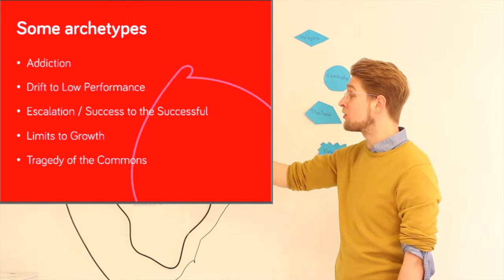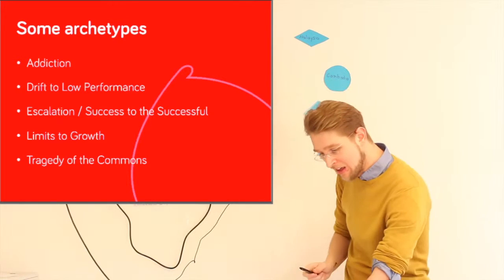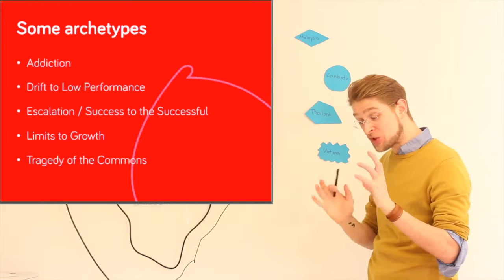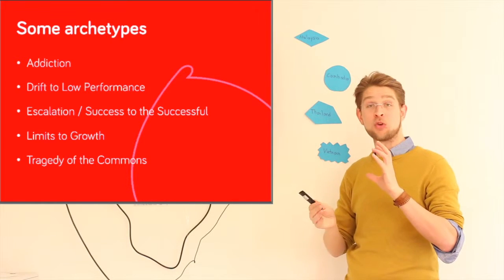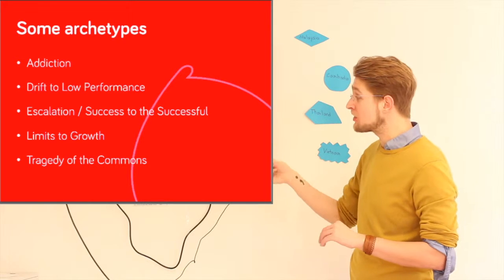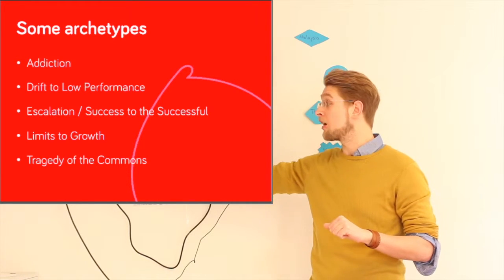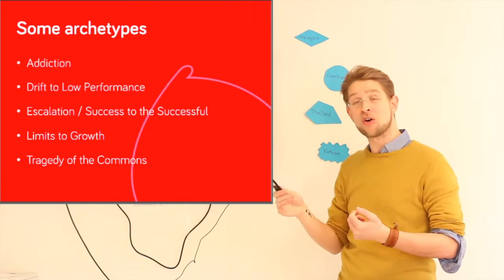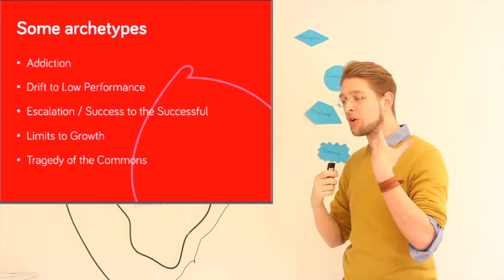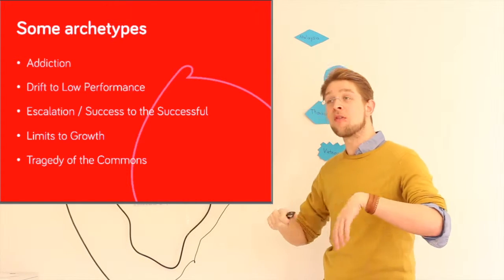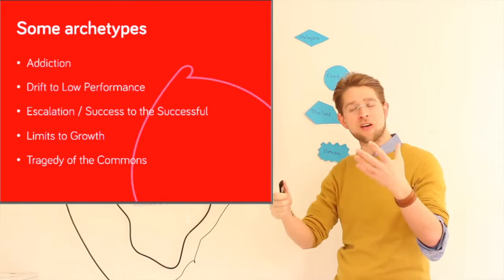And the tragedy of the commons, which is the situation where the value of using a shared resource outweighs the individual cost. So, for instance, not doing the washing up is an example of a tragedy of the commons loop, because the cost to you of putting something dirty in a sink and not doing it is lower than the cost to the group of